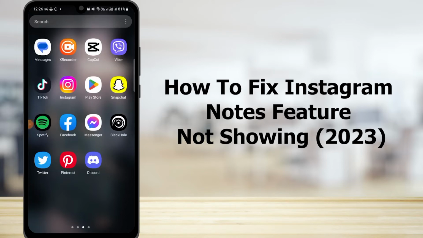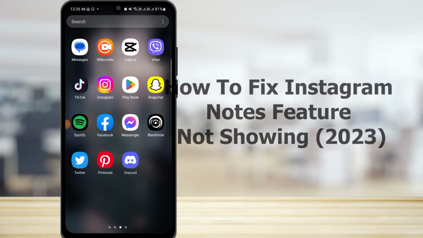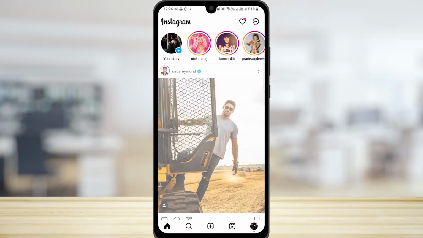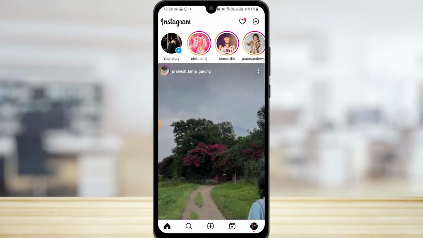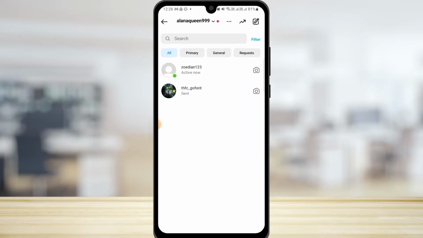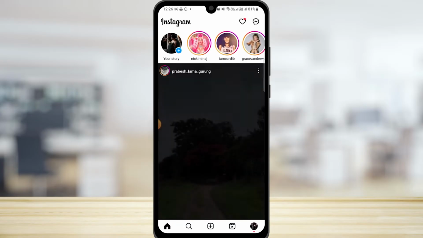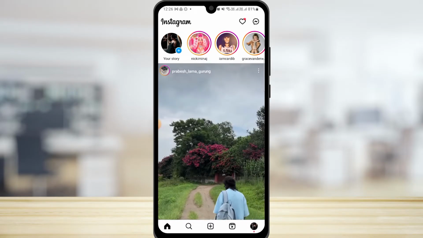How to fix Instagram notes feature not showing. For this, you want to open the Instagram app, and then when you head over to your chat section, right above the chats, you're going to find the notes feature. So if this feature is not available to you, what you want to do first is head over to your